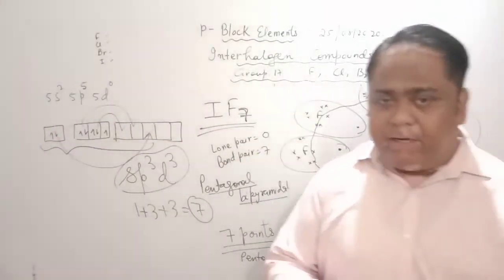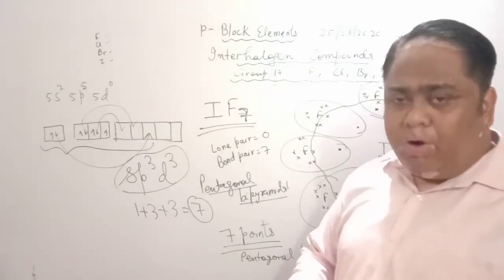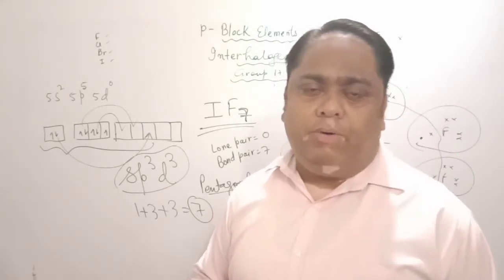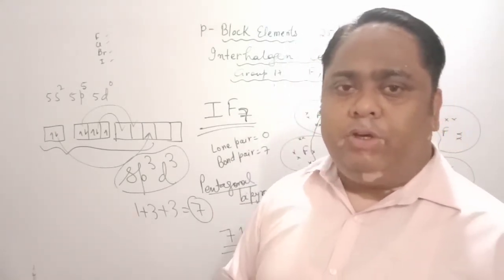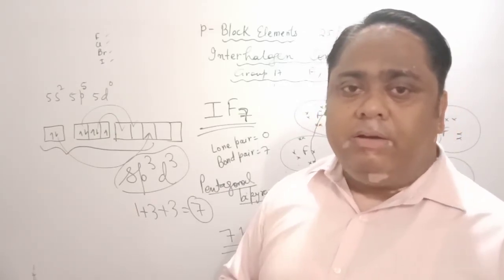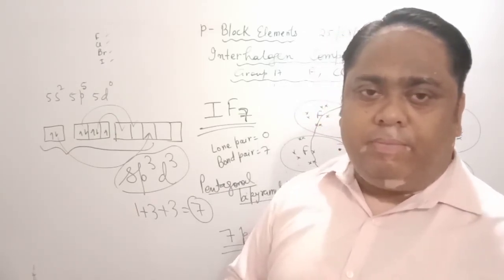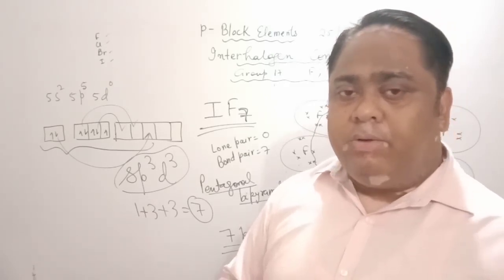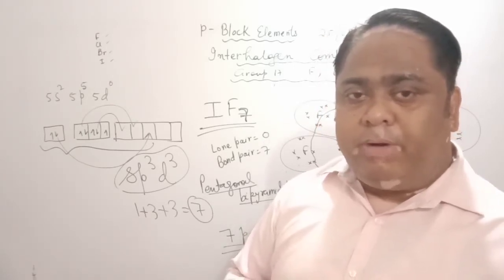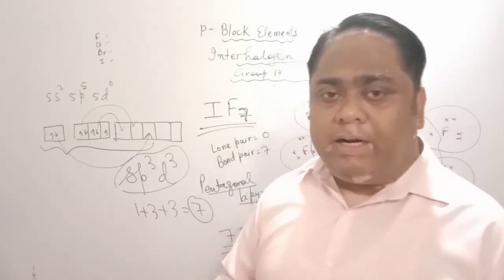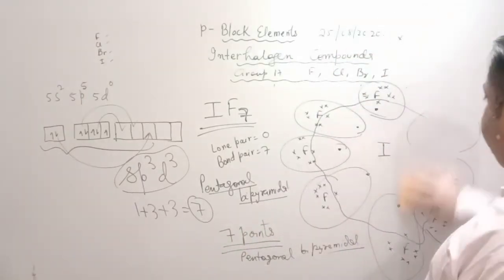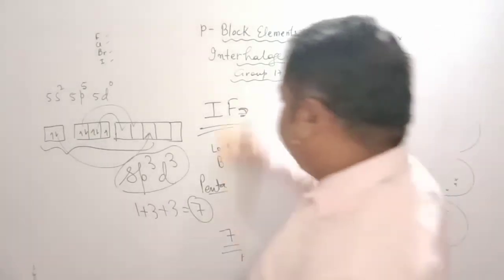Now one more question is there, that why ICl, or any interhalogen compound, is more reactive than its corresponding element. Any interhalogen compound is more reactive than its corresponding element because of the difference in the electronegativity of the constituting halogen elements, which are supposed to be electronegative, and they have high tendency to gain electrons. But when they form a cation, their tendency to gain electrons increases further. As a result, they become more reactive.